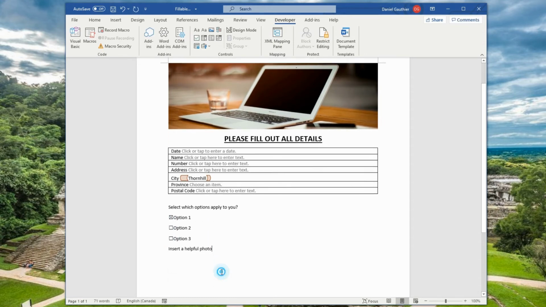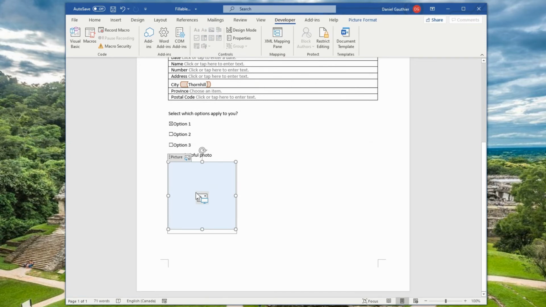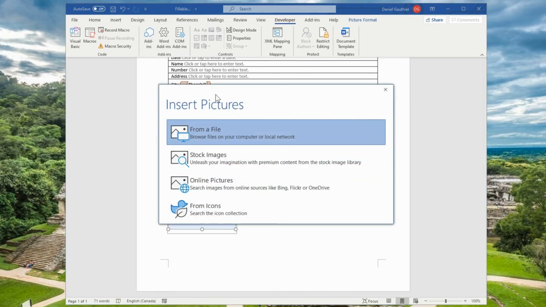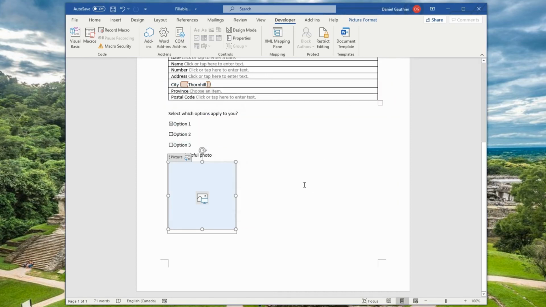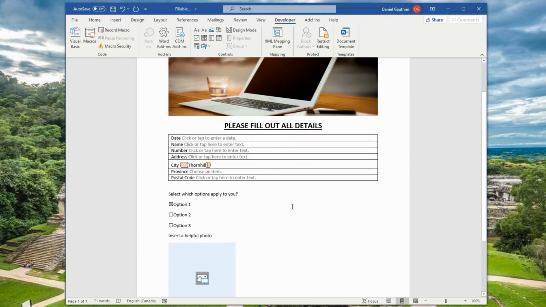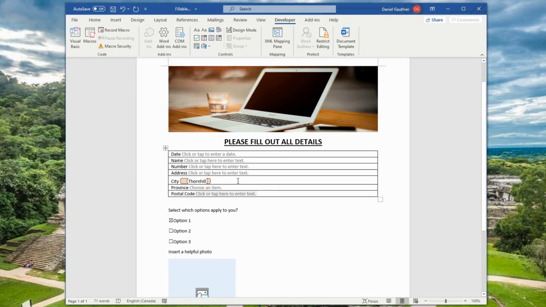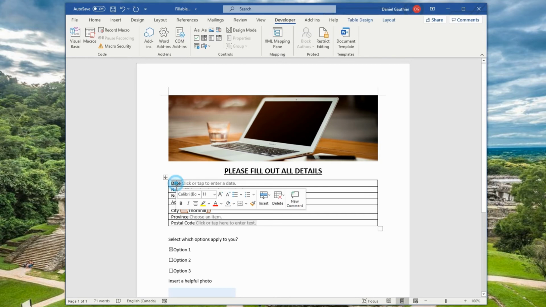And then if you wanted to add a photo, there is an option up here to insert a picture content control box. So if they were to click into here, it allows them to choose a picture from their computer or online. So there's a few options here with filling out the blanks. Now what we want to do is lock this in place so that they can't modify the other things, such as the date fields and that. We don't want anyone changing that.